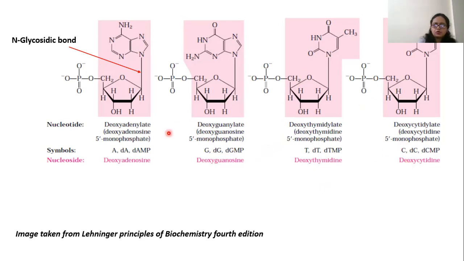deoxycytidine. So what we have learned till now is that in all the structures, the bases are attached to the 1' position of the pentose sugar through the N-glycosidic bond. At the 5' position of the pentose sugar, a phosphate group is there in order to form a nucleotide. And the other thing you can see is that at the 2' position of the pentose sugar, hydrogen is present. Hence these are the nucleotides of DNA. And when in place of H a hydroxyl group is present, then they are the nucleotides of RNA.